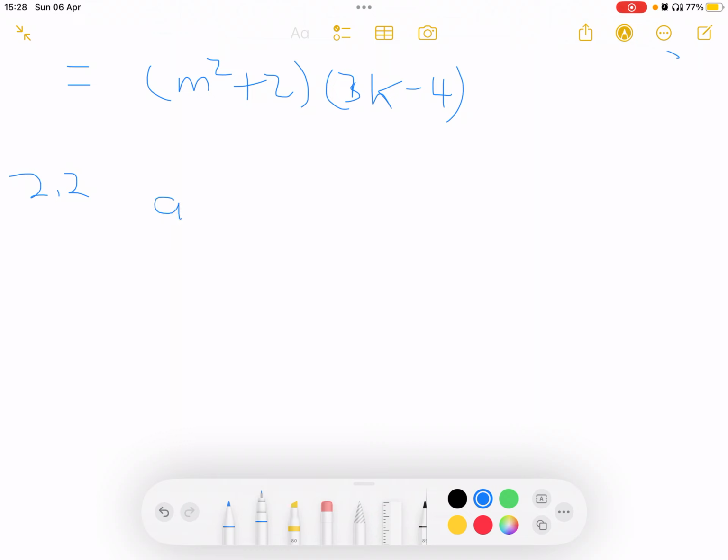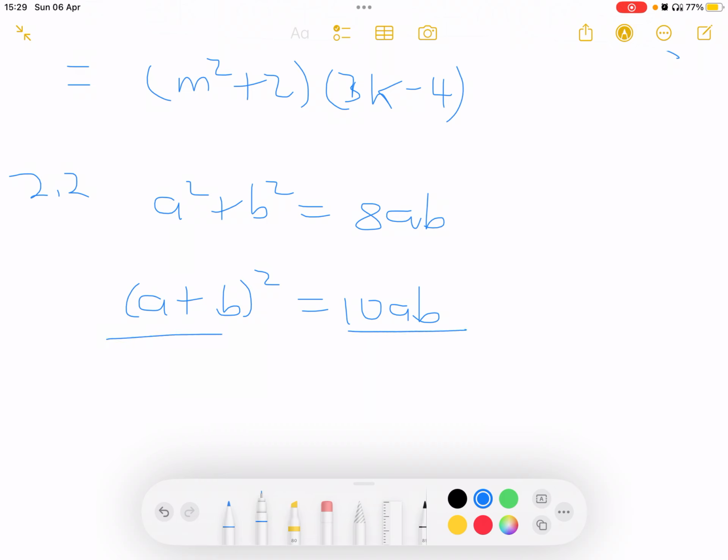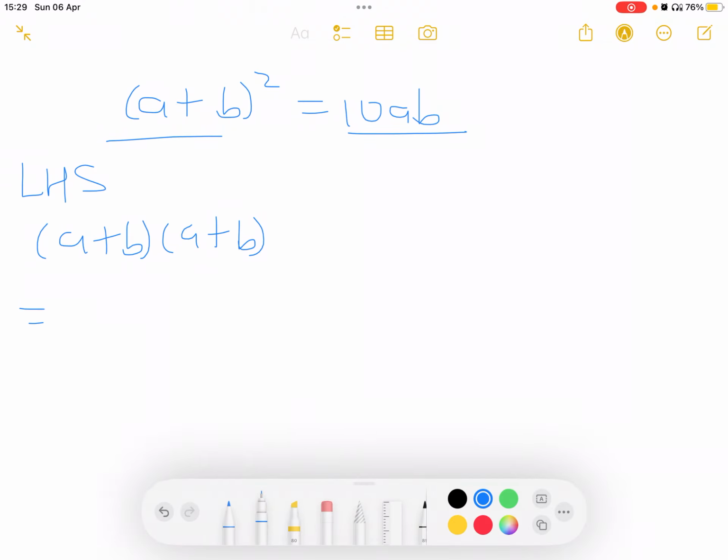2.2. We're given that a squared plus b squared is equal to 8ab. It did not say anything further about that. And also that (a plus b) squared is equal to 10ab. Now, you want to show that this is equal to 10ab. When you have to show, you start by focusing on the left hand side. The left hand side has a plus b and a plus b. All right. What do we do with that information? You expand it to a squared plus ab plus ab plus b squared. Then you now have a squared plus 2ab